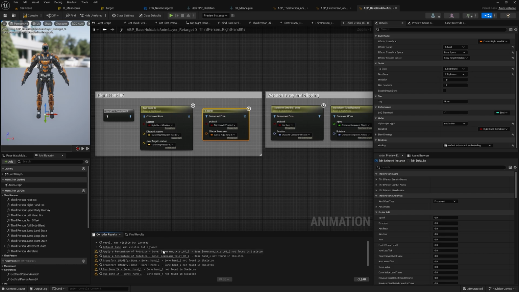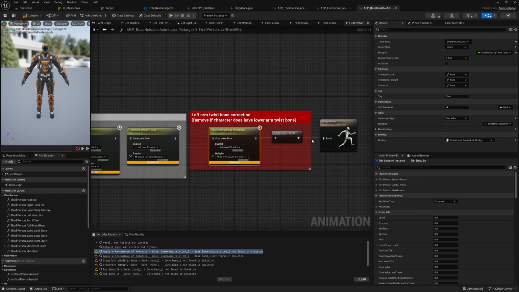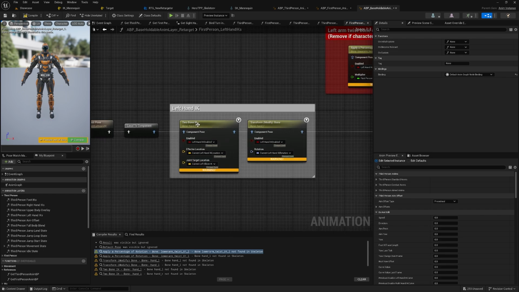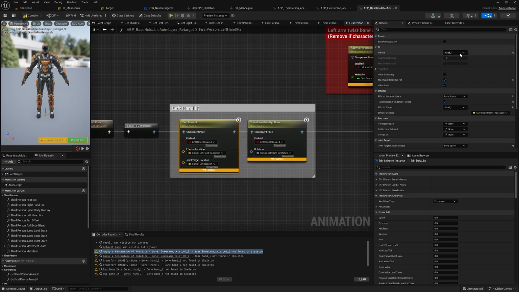Then we're going to click the next error. That's going to take us here. Again, these nodes we're not using, so we'll just disconnect those, move those out of the way, connect this up to our output pose. And then at the beginning, we're going to select this node, set this to left hand,